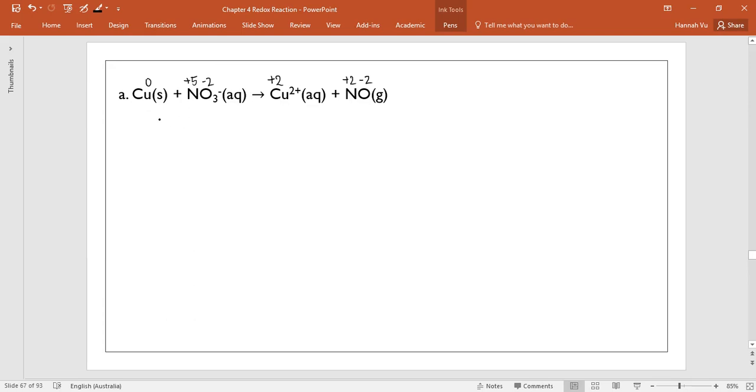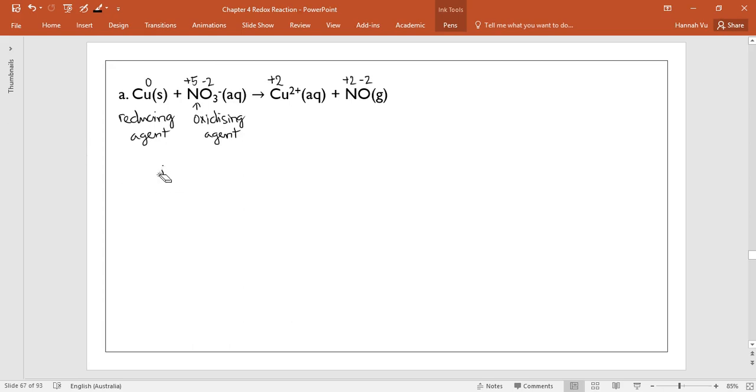Copper goes from 0 to +2. So there is an increase in oxidation number. It has undergone oxidation. So this is your reducing agent. The oxidizing agent is going to be the nitrogen in NO3 minus because it has a decrease in oxidation number from +5 to +2. So oxidizing agent, which means that, let's start with oxidation. My oxidation process,